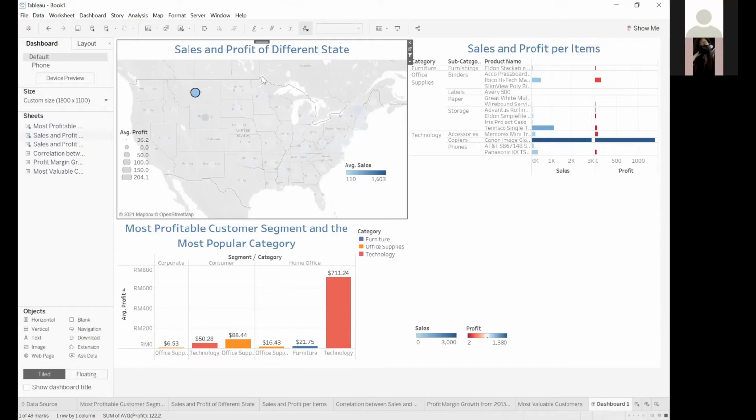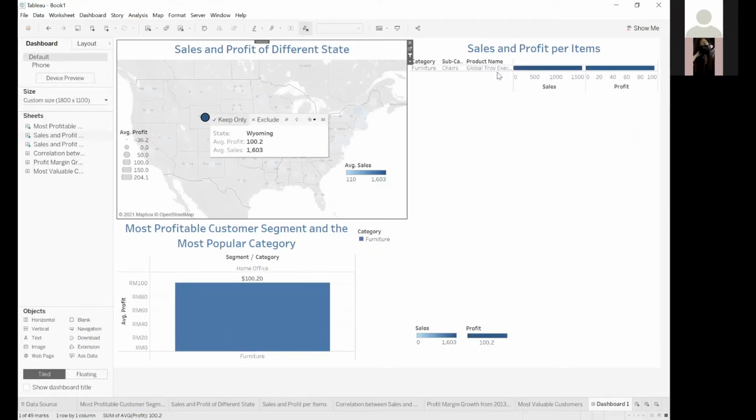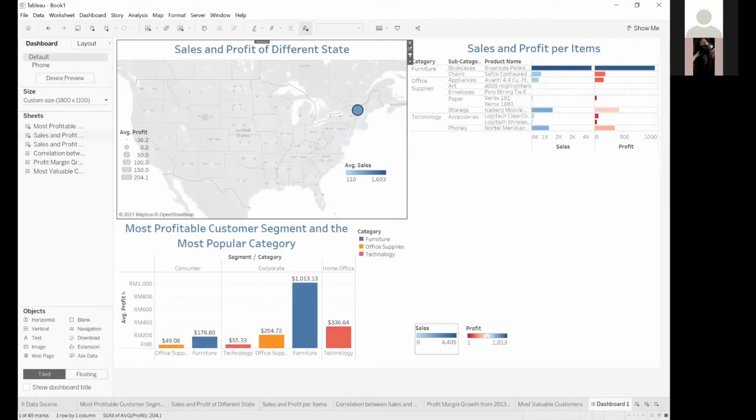It shows only the sales and profit of Montana. And let's go for Wyoming. Yeah, it's the same. It will follow this particular sheet. Okay, so let's look at Fairmont. We can see that